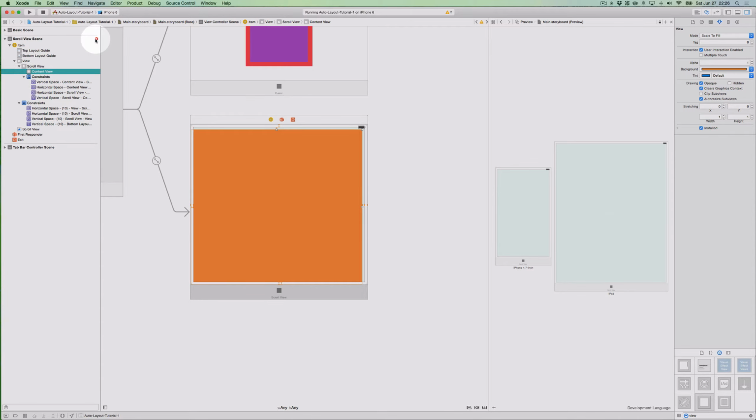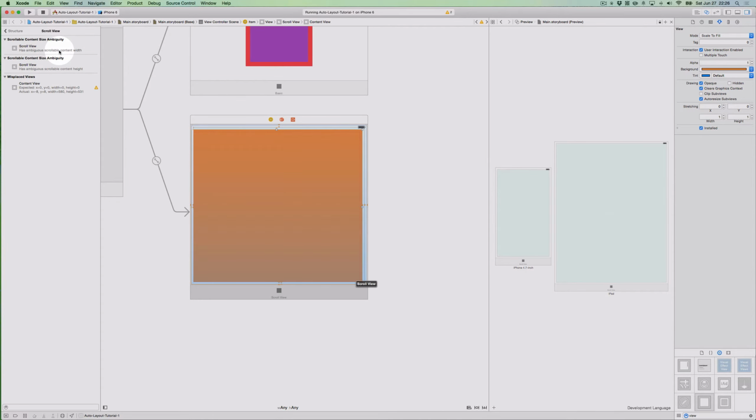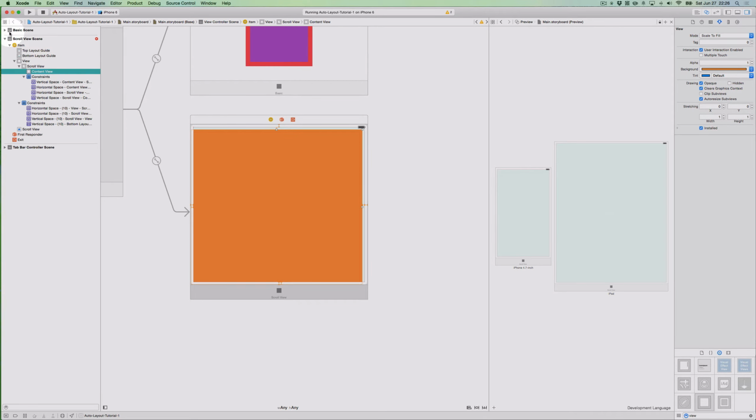We still have some auto layout issues. Scrollable content size ambiguity. Right now, we've told the scroll view and the content view that they should both be the same size, but neither one of them knows what size they should actually be, which is why we're getting these ambiguity warnings. The way to fix this is that we'll add a few more constraints, but this time, instead of telling the content view to size itself relative to the scroll view, which we already know won't work, we bypass the scroll view